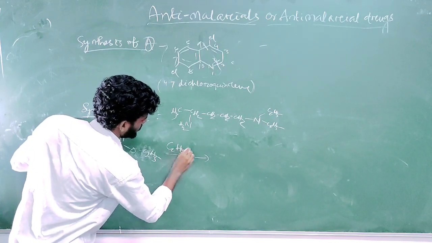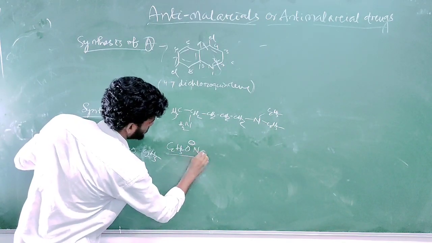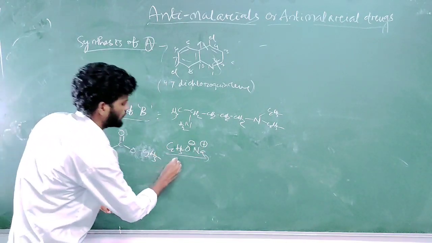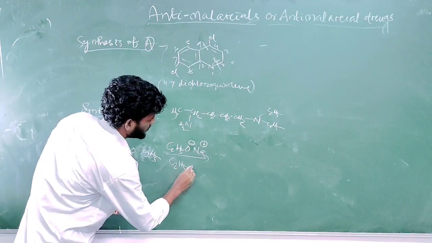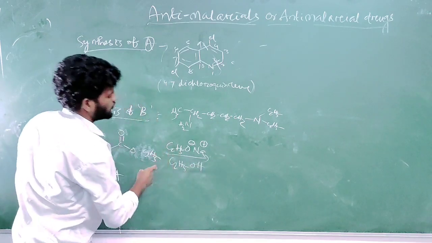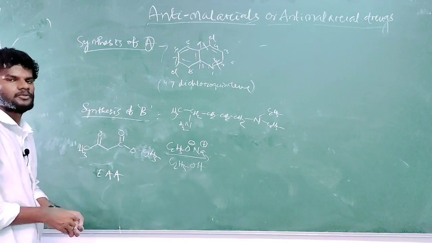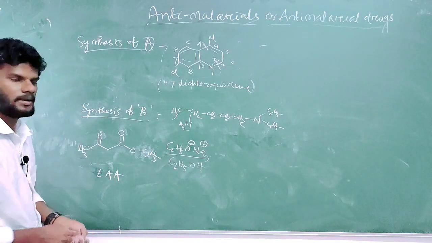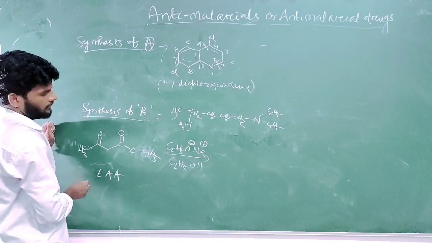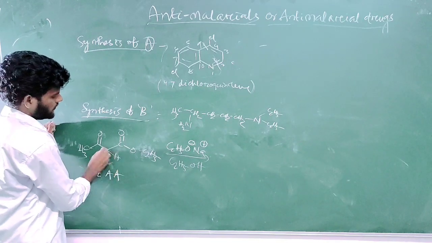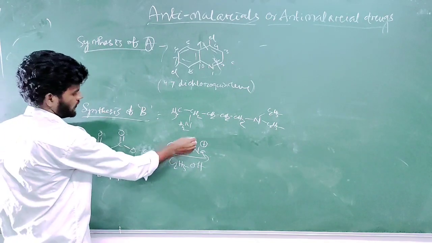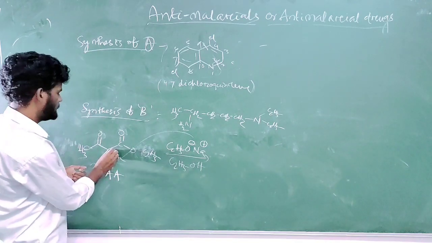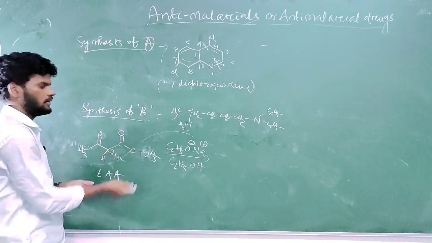If you give any base, let us suppose sodium ethoxide, Na+ C2H5O-, in a solvent, you have to know which is the base and which is the solvent, what goes above the arrow and below the arrow, and what the roles of those molecules are. So the base has the prime role: it will abstract hydrogen. This is the acidic hydrogen. It must take this hydrogen, then there is a negative charge over here, or it will be resonant to any carbonyl center.